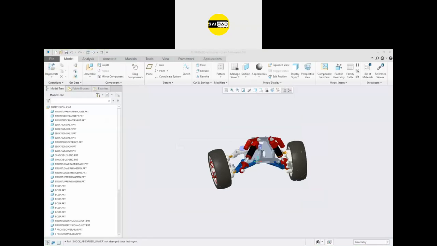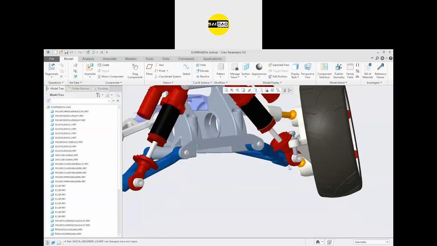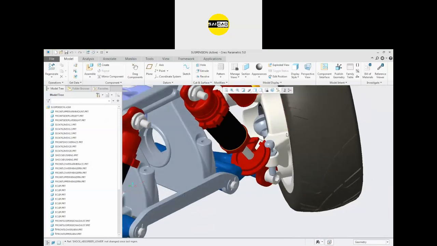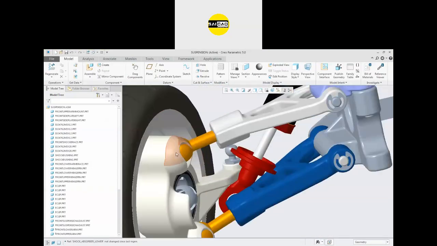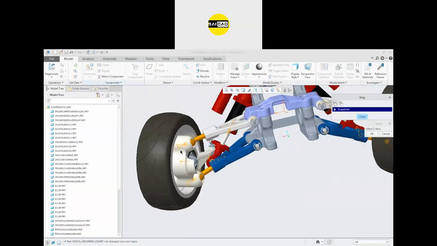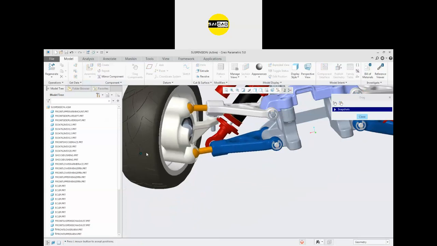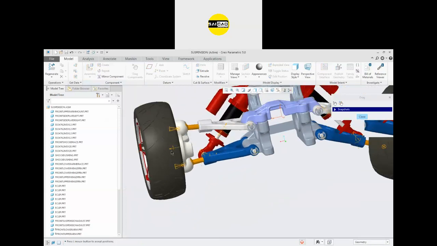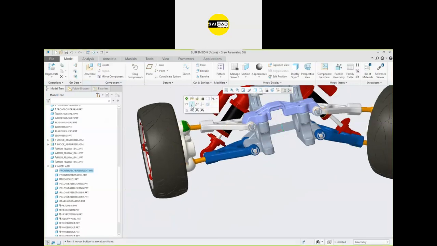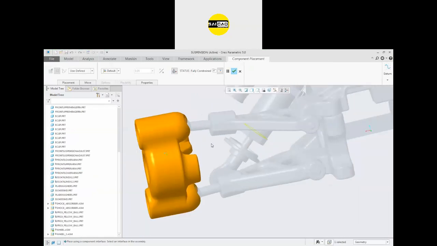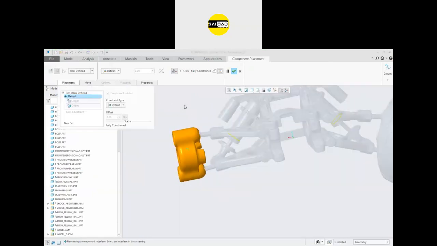So here is the component where we will see how we can create the component and apply the ball motion. If you see here, there are two balls that are connecting on this component. If you just go to the drag, you will see the relation that is the ball here. You can define the ball relation. So you see that, open the component, edit the component from here. You will see the relation.